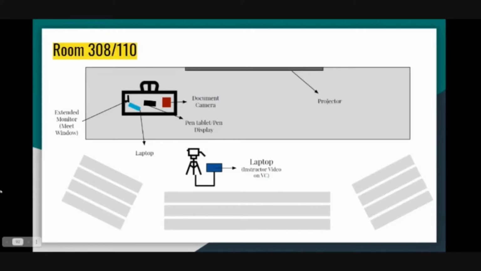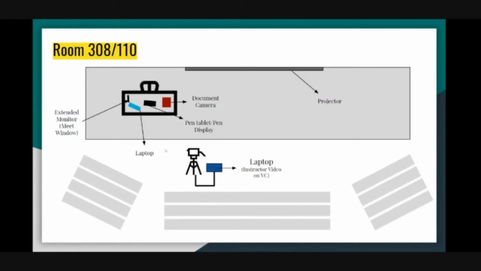So say we are looking right now at one such setup, where this is room 308. It's a large classroom, right? So there is a huge projector. Every classroom already has a projector and an audio system, and it's a very good quality audio system and a very good quality projector. Suppose this is 308 or 110, where there is a stage and you have an instructor's desk, or it may be a dais.